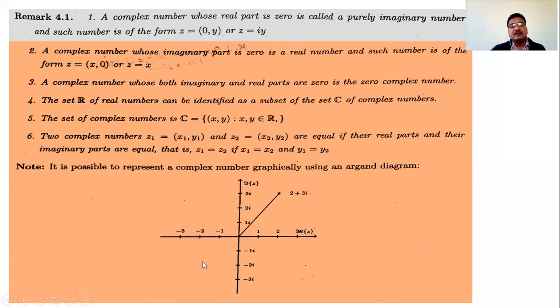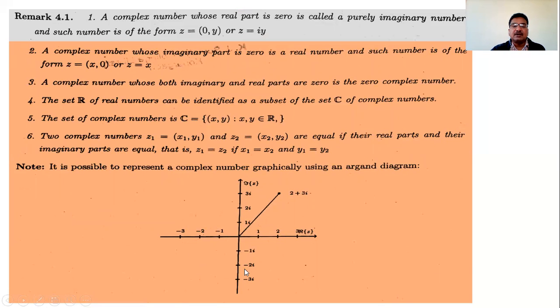If the number lies in the third quadrant, then its principal argument: suppose this is the line joining the number with the origin. Then this angle becomes greater than 180, and we have to find the principal argument. So we measure this angle, and this angle is the principal argument. Actually, it is negative. Then if the number lies in the fourth quadrant, so if the number lies in the third quadrant,